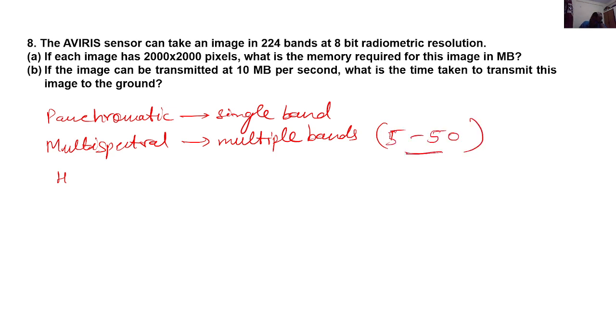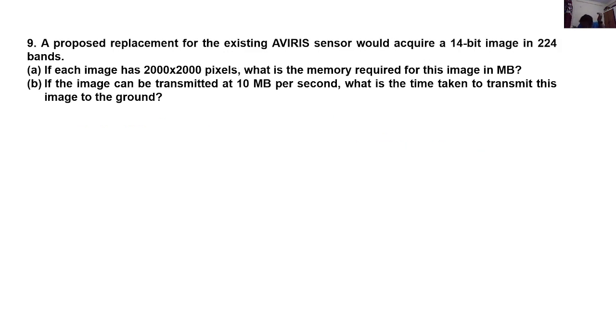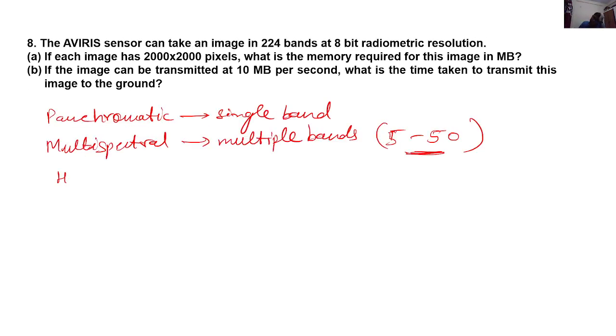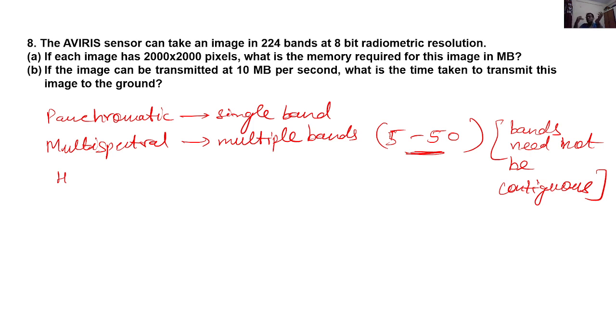This number arbitrarily varies, but these bands need not be contiguous or continuous. Both are similar. Contiguous means there is no gap in between the wavelengths. So these bands may be the ones in which there may be gaps. And then finally there is hyperspectral,